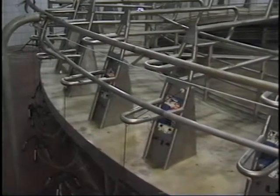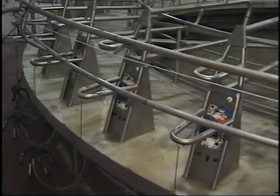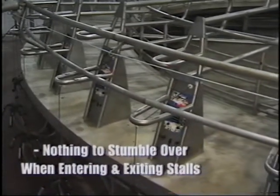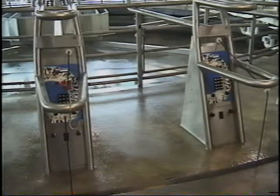Upon detaching, each milking cluster descends below the cow deck to provide an open and clean lane for cows to enter and leave the milking stall, so there is nothing to stumble over when entering and exiting the stalls. There is no loop of milk hose and pulse tubing lying on the floor to trip over, no milking cluster